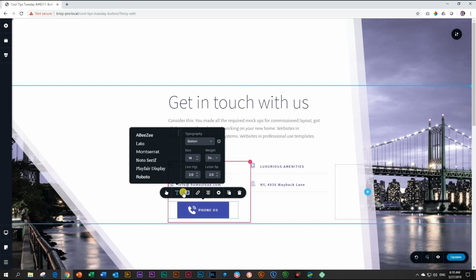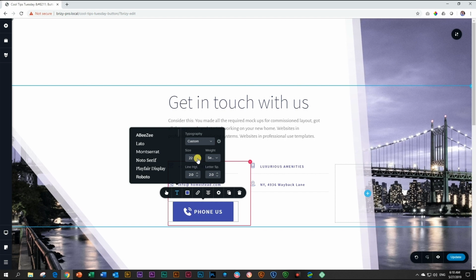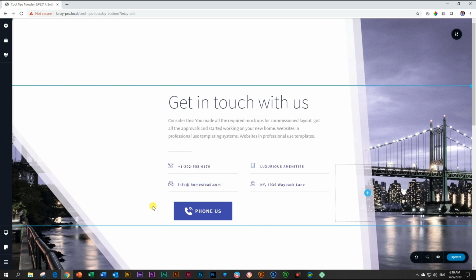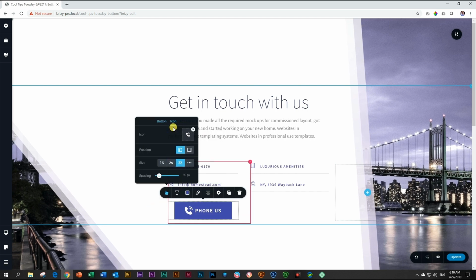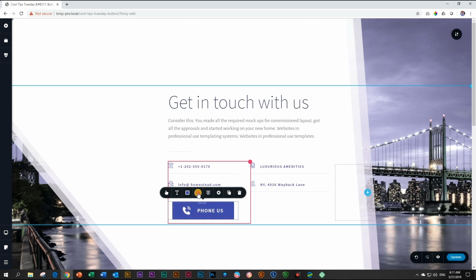Everything is ready. I could make the text a little bit bigger if I wanted to, if I really wanted to be in your face. And then while I'm here, let's go back to icon and just put a little bit of space between the phone and the text. And all you need to do now is go up here to the link,